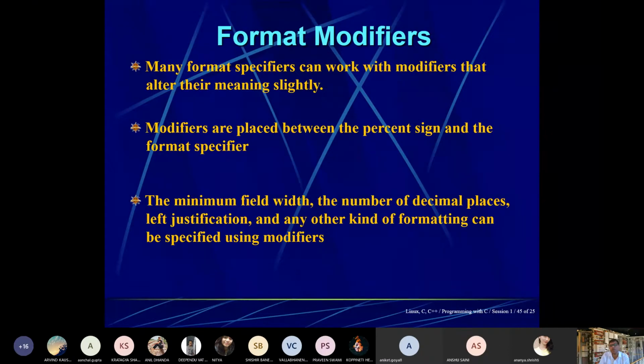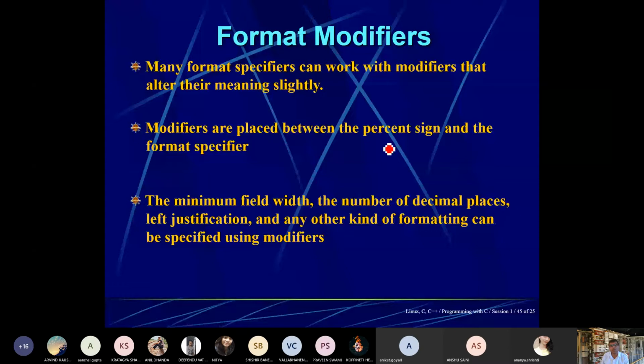Now come to format modifiers. Many format specifiers can work with modifiers that alter their meaning slightly. Modifiers are placed between the % and the format specifier, suppose d is written.